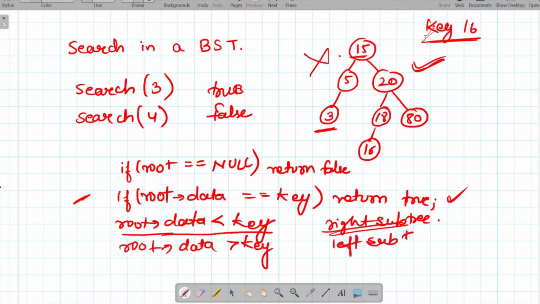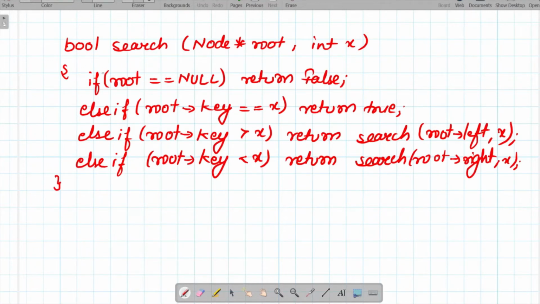So keeping all these conditions in mind, we are going to write a function which will help us in performing the search operation on a given binary search tree. You can see we have taken the return type as bool because we only have to return true or false in this case. The function name is search and 2 parameters are given to us, which are root and int x. X is the key value that we have to search.